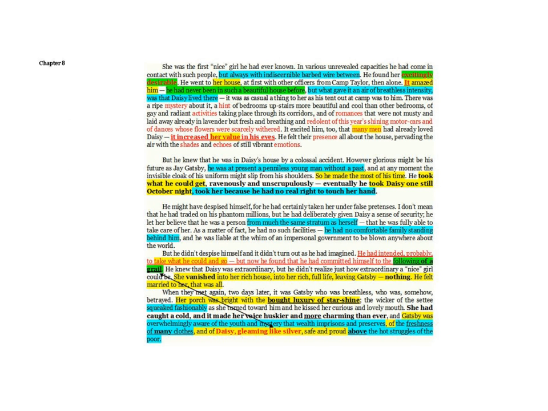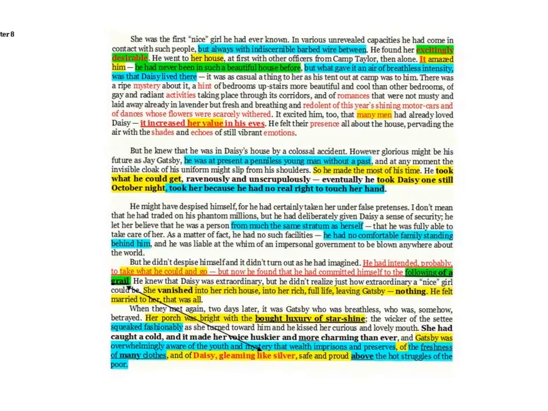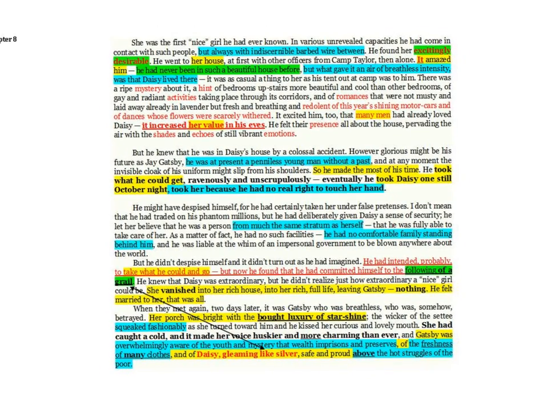Okay, an extremely busy moment here from Chapter 8. This takes a lot of unpicking, so bear with me. I'm going to explore the blue stuff first, relating to social mobility. The reason being is that I've read this many times, and it still strikes me as really strange. A lot of people approach The Great Gatsby as a love story, then they see money, and then they see the notion of love is cheapened. So I think this is a really effective moment in demonstrating this. So she was the first nice girl he had ever known.